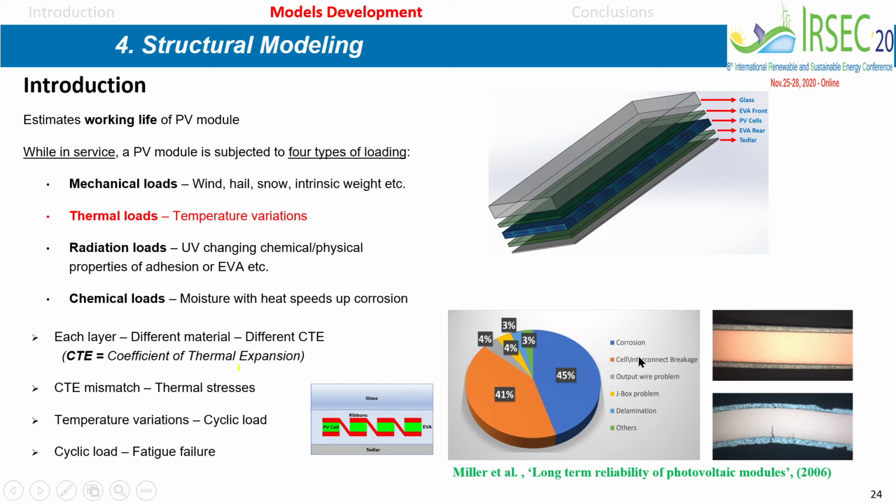By the way, we are interested in looking into one part of the PV panel that would fail. If you look at this chart here, you can see that most of the failure comes either from corrosion or from the breakage of the copper interconnect, which is 41% corrosion. So we are focusing here on the interconnect. So we are going to see how the failure can come from the interconnect. And you can see on this small picture here the interconnect in red between the cells, green cells.